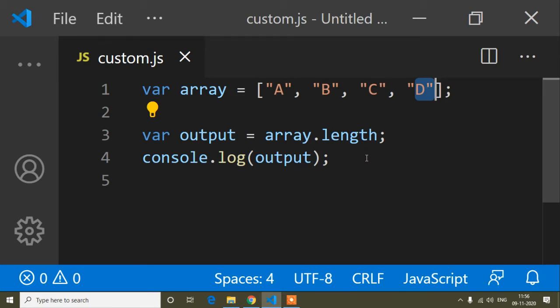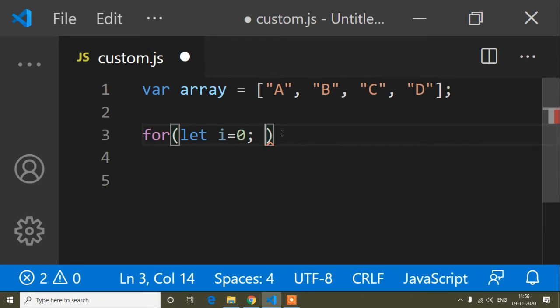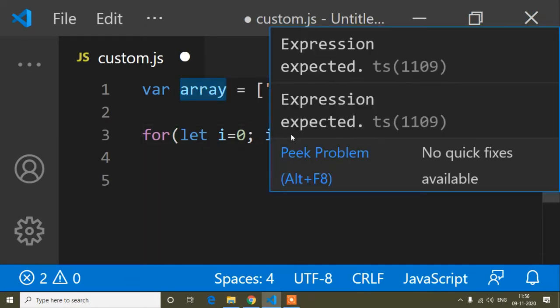So now I will show you what you can do after using array.length. Okay, so suppose guys you want to print the values of this array. How can we do it? We can write a for loop. So for, and here I can write let i equals 0. If you don't know how to use a for loop, you can watch my previous tutorial, and I will provide the link in the description also. So here I will write the for loop: i equals 0 and i is less than array.length,